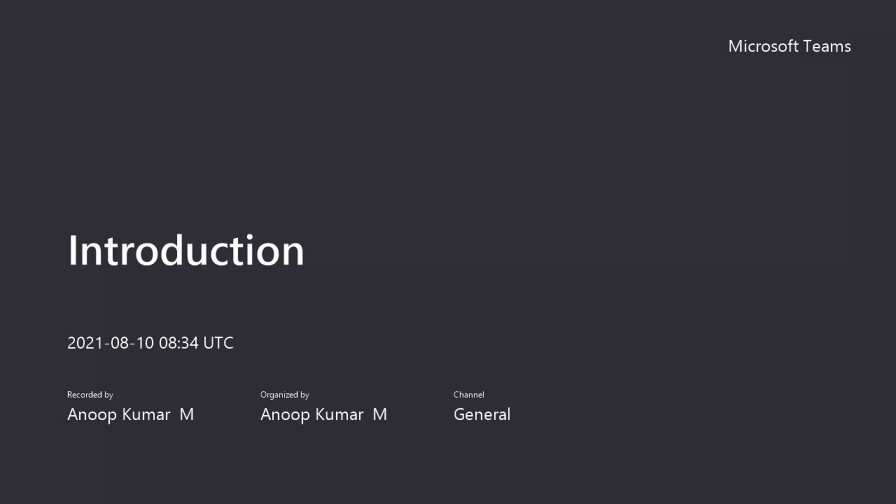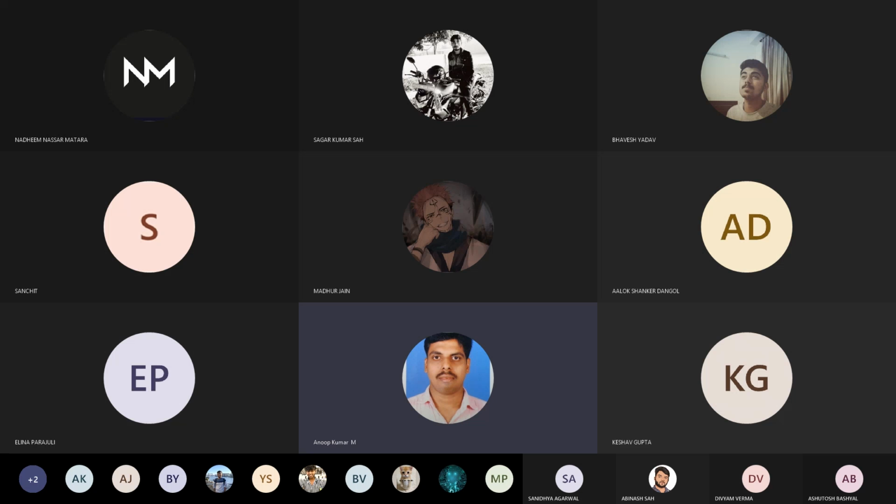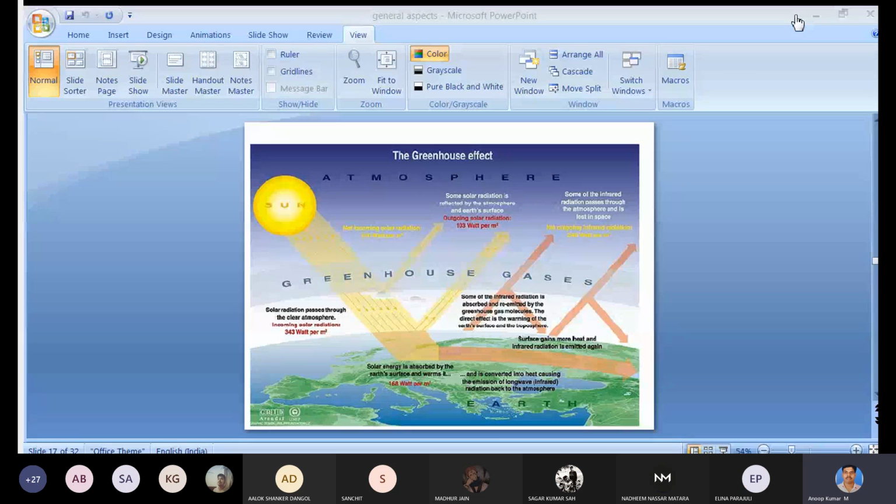Glass house used for cultivation in cold countries. Okay, the glass house will allow the incoming solar radiation and prevent the outgoing reflected solar radiation from the inside of the glass house. So, in effect, it will increase the temperature of the glass house. Like that,